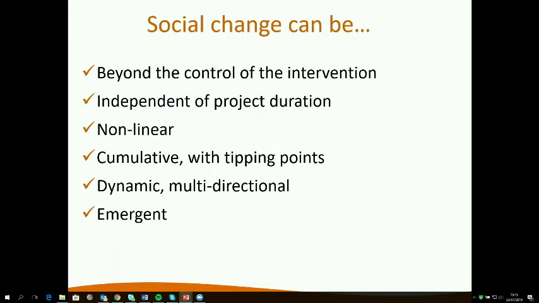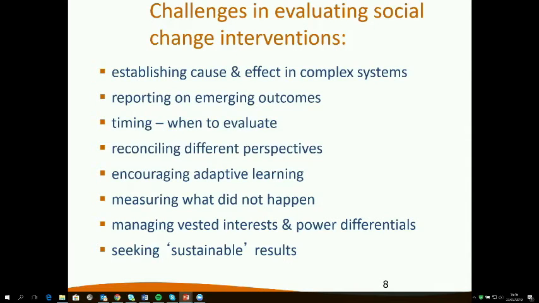We can't possibly know all of the situations that we're going to encounter at the beginning of an intervention, but things come up, things happen that we couldn't have possibly foreseen when we started the project, and how do we respond to them? How do we know that they're happening, and then how to respond to them? So outcome mapping helps us recognize that social change has these characteristics, and through the way that it monitors, or encourages us to monitor, it helps us try to deal with these as well.